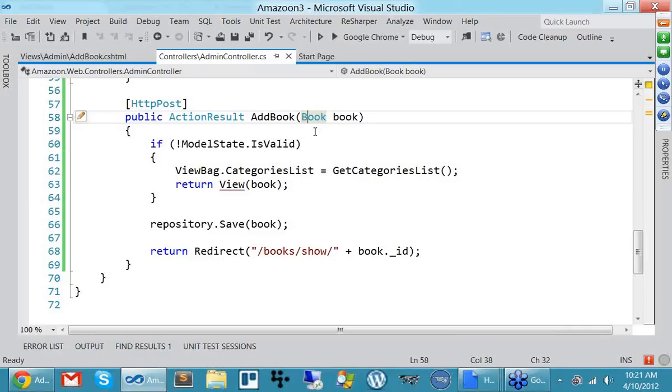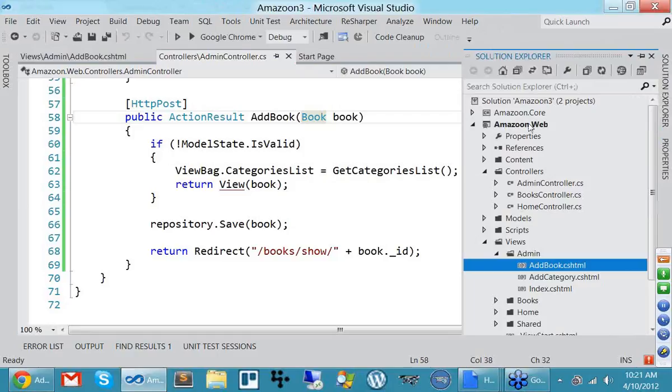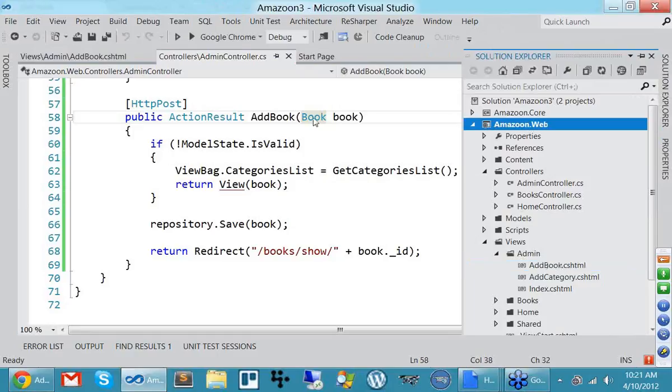There's ways around it, but it's better to just have classes that are intended to be used for the views. So let's see if I can get my little thing you guys can't see, but there's a little GoToMeeting thing in the way. Okay, go over here, and let's actually add a folder called